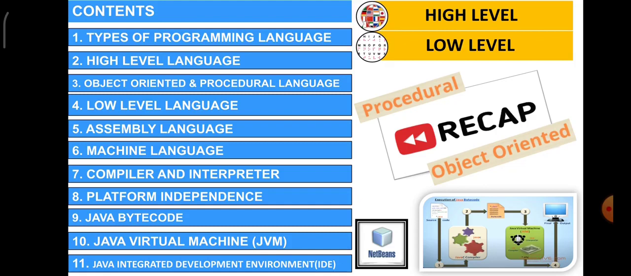Types of programming language, high level language, object oriented and procedural language, low level language, assembly language, machine language, compiler and interpreter, platform independence, Java bytecode, Java virtual machine JVM, and Java integrated development environment IDE. If you could recall what you have studied earlier, we have gone through what is a program, who is a programmer, what do you mean by high level language, low level language, and then